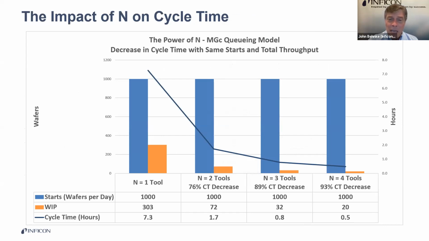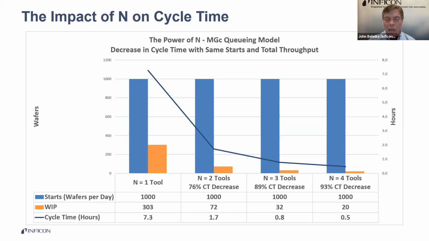But if you actually had two tools, and I'm talking about two now for every one of the approximate 150 steps in the flow, all right? So this is a modeling output. What's happening here is you see this exponential drop in cycle time. You literally drop cycle time by 93% when you go from a one tool line to a 4 tool of each type line. And again, that's a very, very important thing to understand if you're in a small to